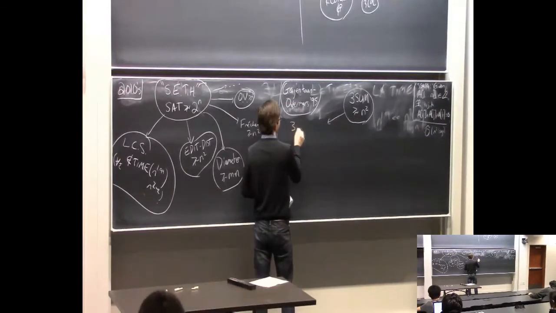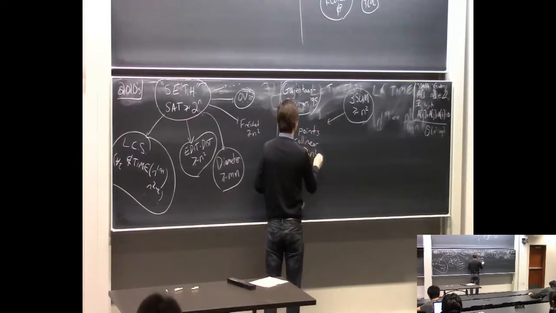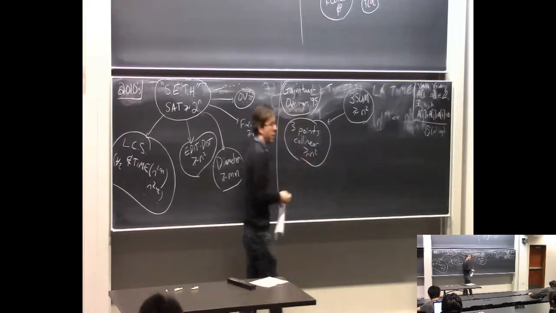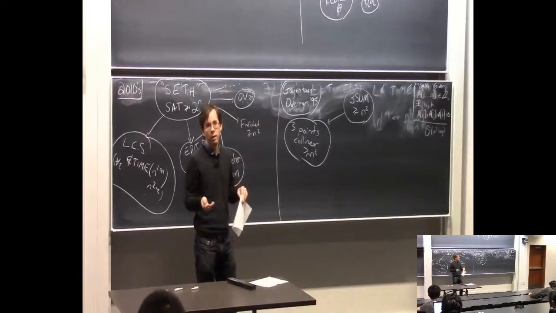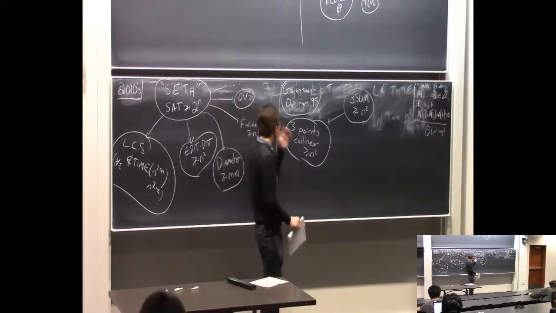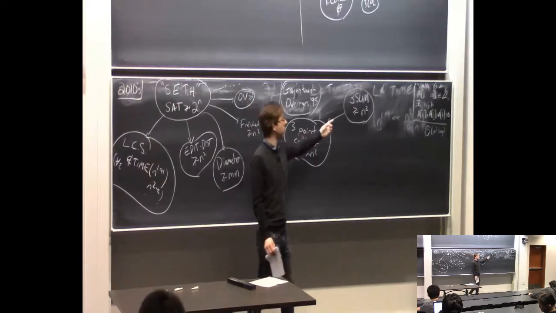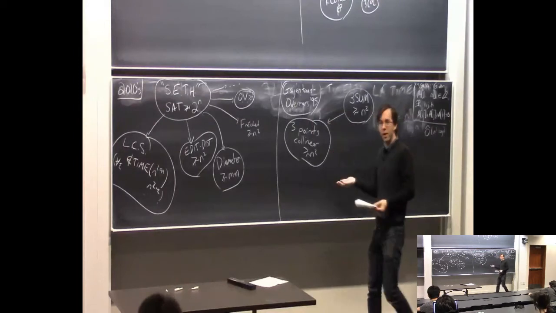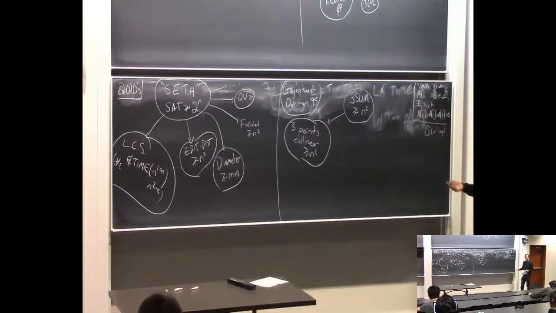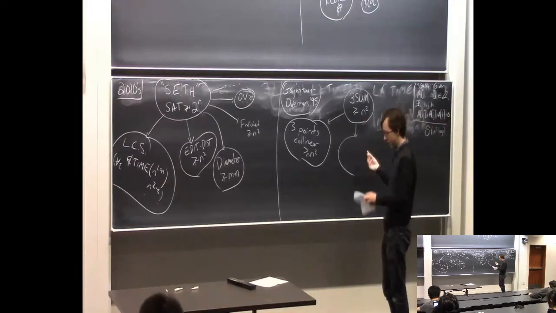Checking if three points are collinear requires about n squared time. So this is a problem: you're given a bunch of points in the plane, and you want to know, are there three of them that are on a line? You can do that in n squared time, and this shows that you cannot do it faster if you assume this. That's a basic computational geometry task that you'd want to be able to do efficiently. Here's another one that caught my fancy,